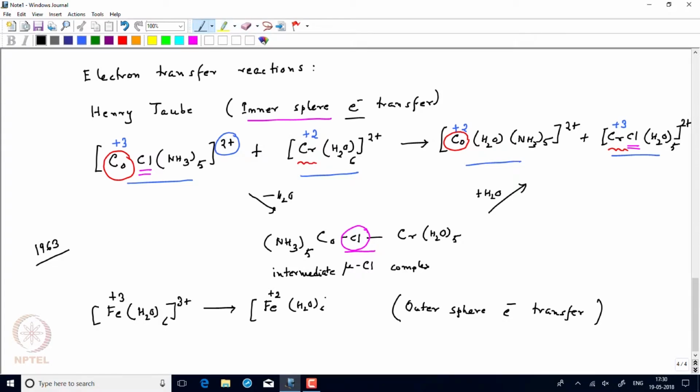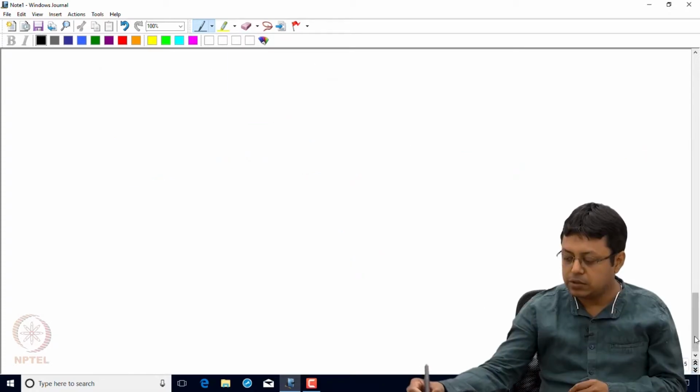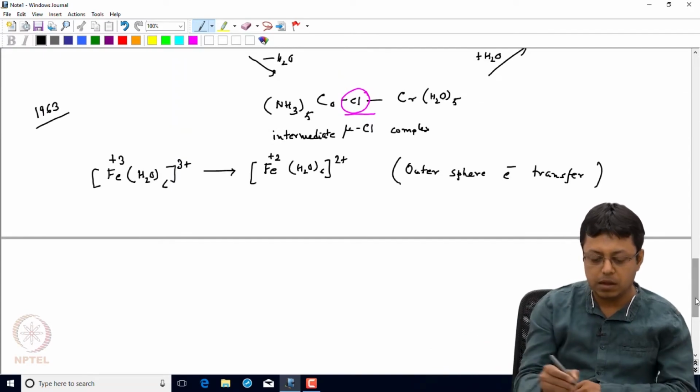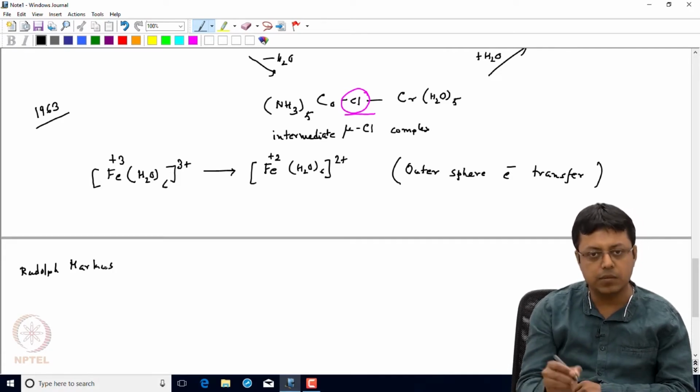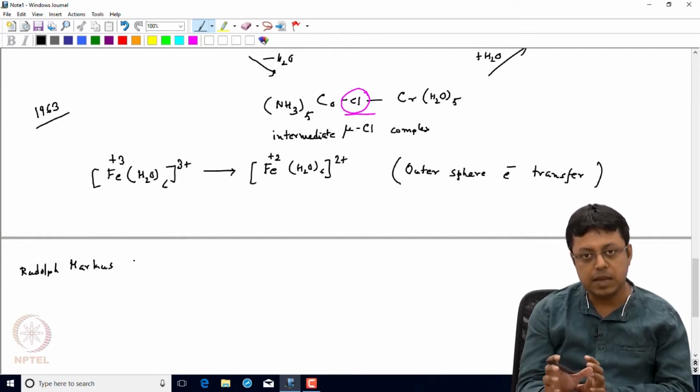And then finally we have a 2+ complex, and it's kind of a direct electron transfer, not mediated via a ligand. Now for this, Rudolph Marcus actually developed a theory which is very widely known as the Marcus theory. And this theory was developed in the 1950s. Now this is the same Marcus who developed the RRKM theory, and there is a connection because this is also